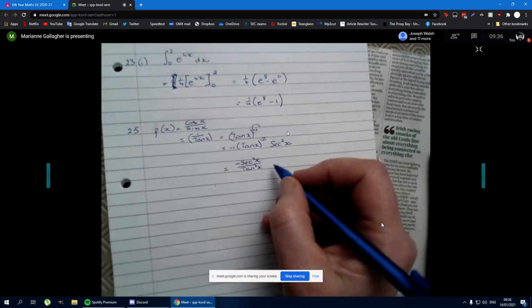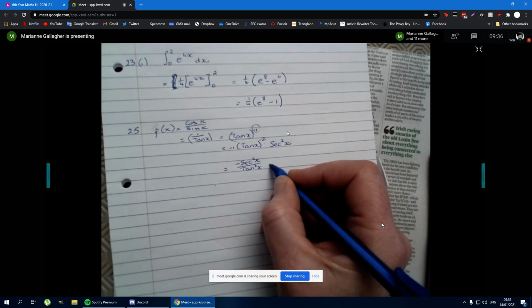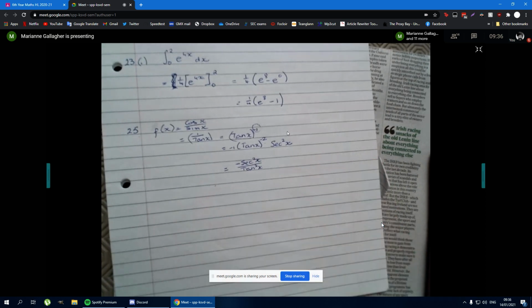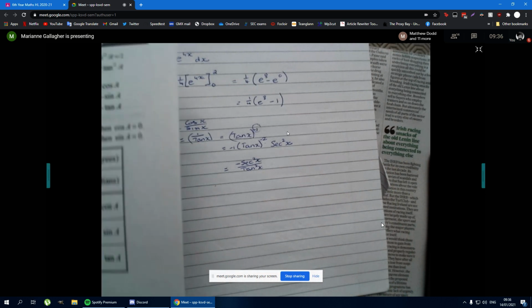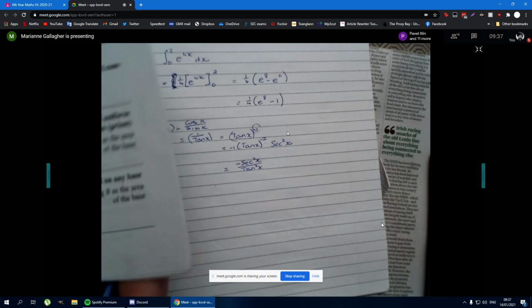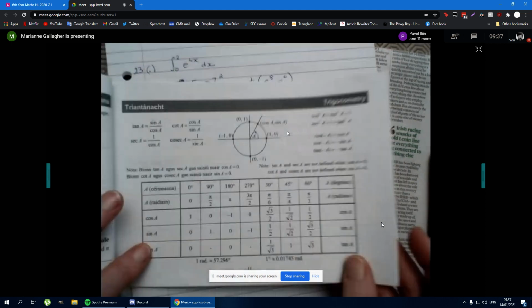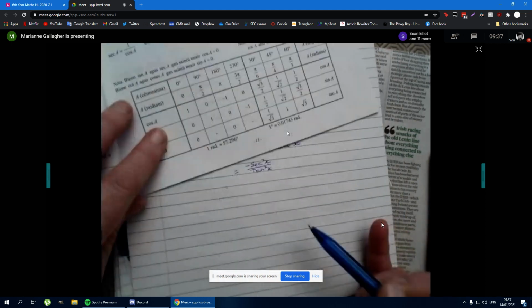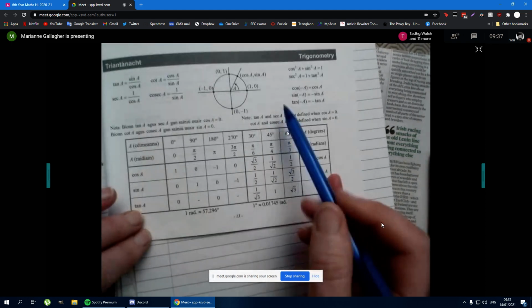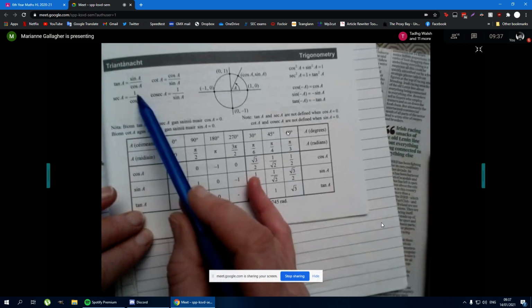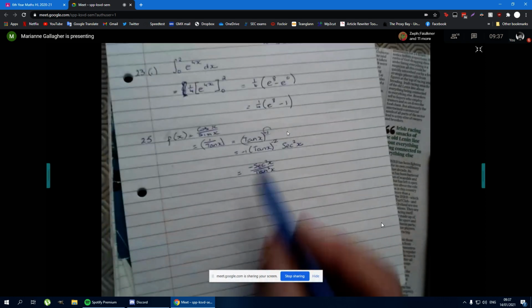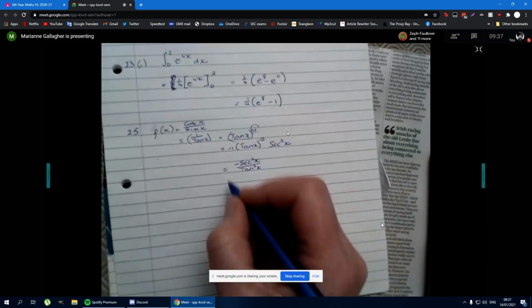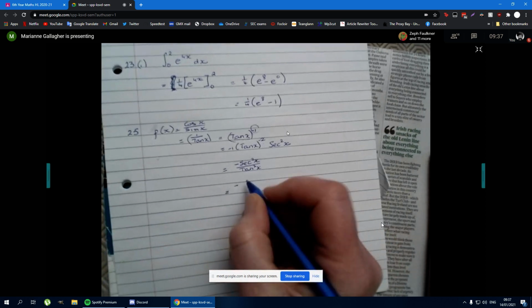Now sec squared is 1 over cos squared. Again, if you're not sure, you can look at page 9 or 10 in the tables. No, sorry, 13. So 2 ways, sec squared is 1 plus tan squared. We could do that. Or we can say sec is 1 over cos, okay? So I'm going to change them back to sine and cos. So sec is 1 over cos,